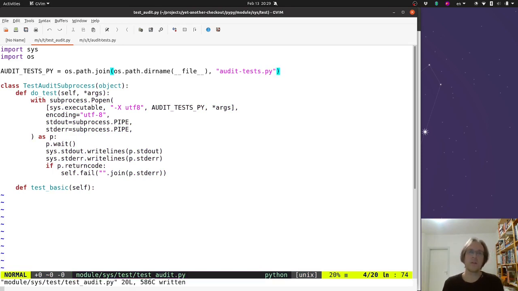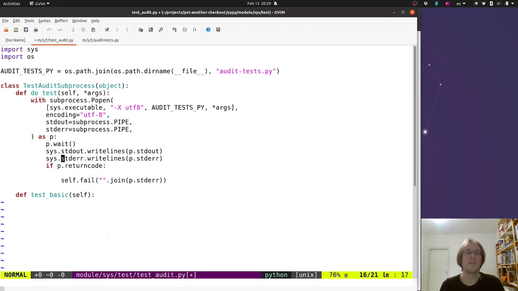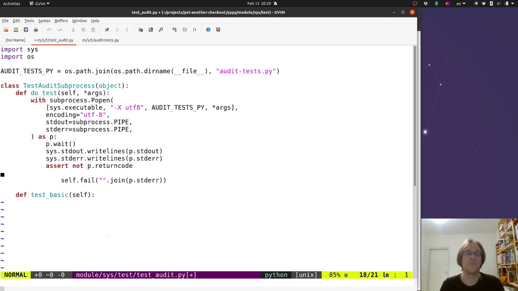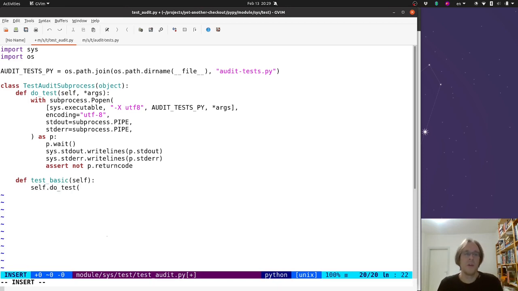Right. Some infrastructure. That's fine. Self.fail doesn't exist. So we can say assert not p.return code. And here we should say test basic. Right, and this is not quite correct because we need to run